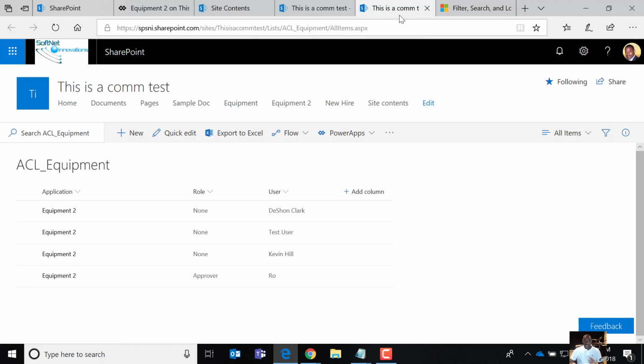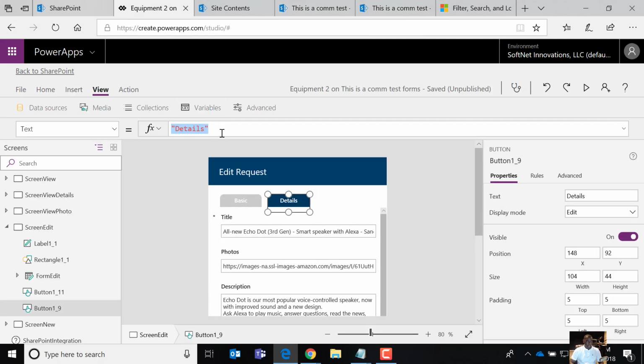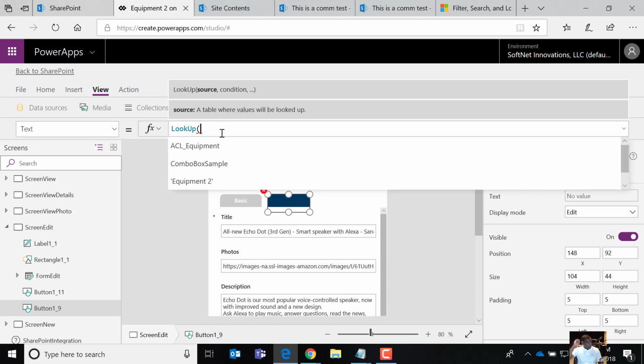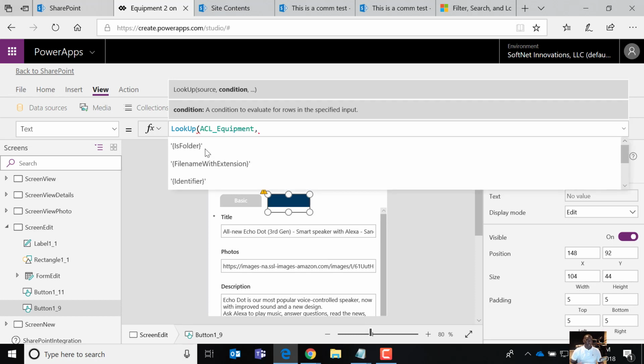Now, without going into a lot of detail, the one that we're going to use is called Lookup. Now, Lookup is a tricky one. So Lookup has a lot of cool options to it. Now, the first thing you want to do is specify your data source or your collection. And here it's going to be ACL in our scenario. And in the next parameter, you can set your conditions. And really, this is like what do you want it to filter on, or what you're looking for that you would trim it down. So in our case, we just want to say where the role is,